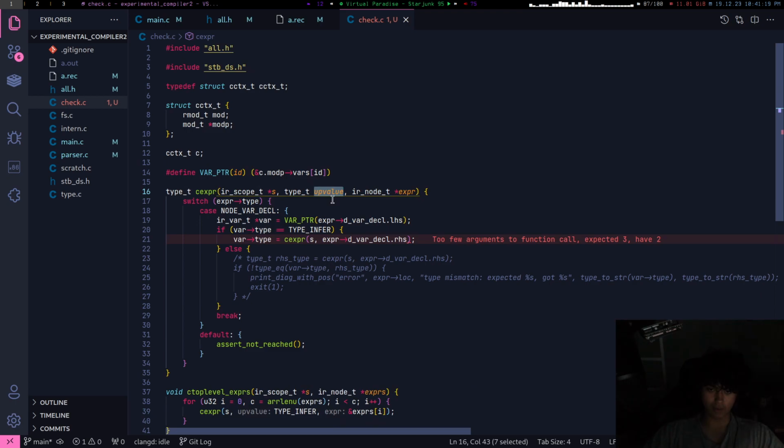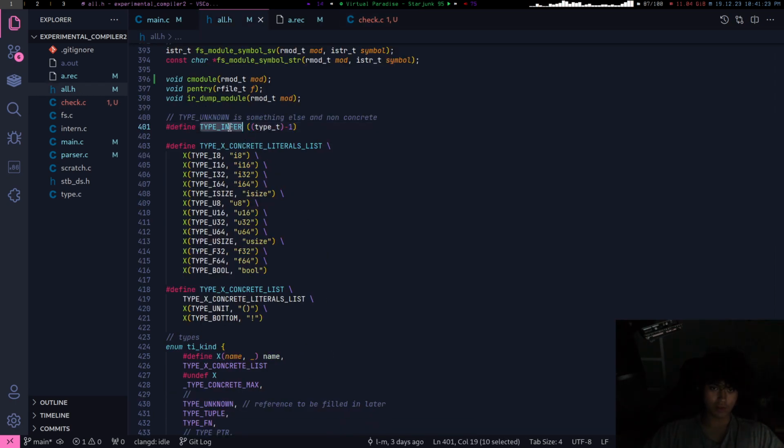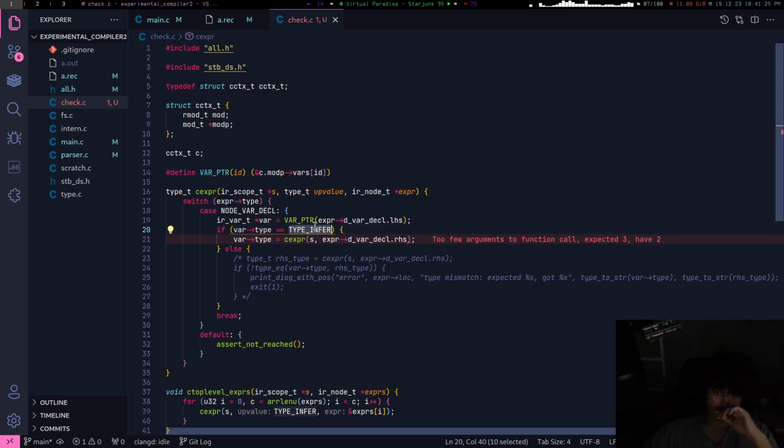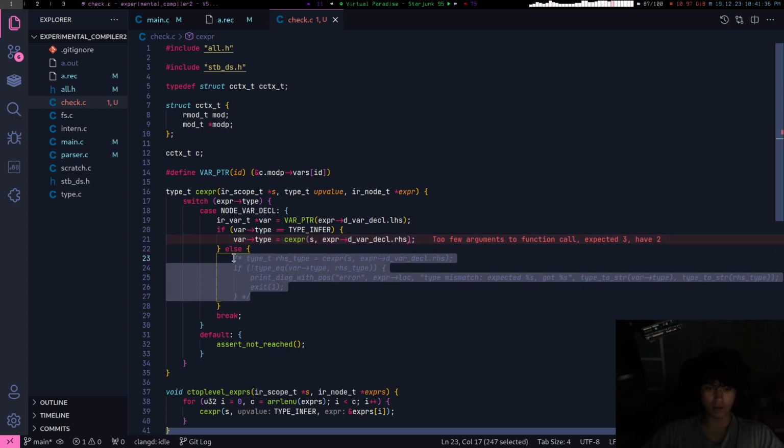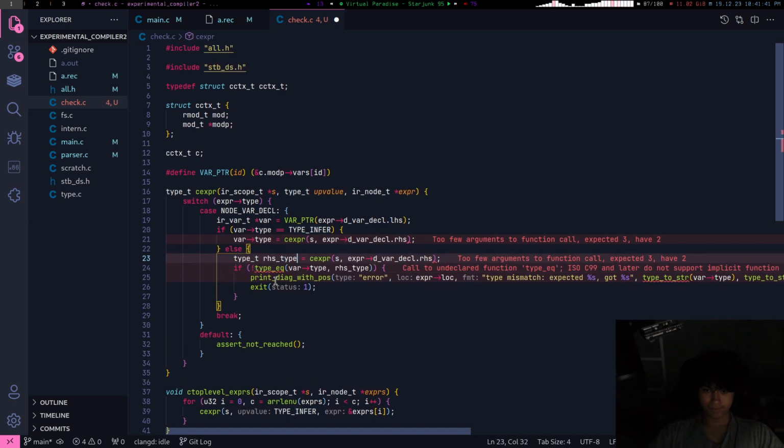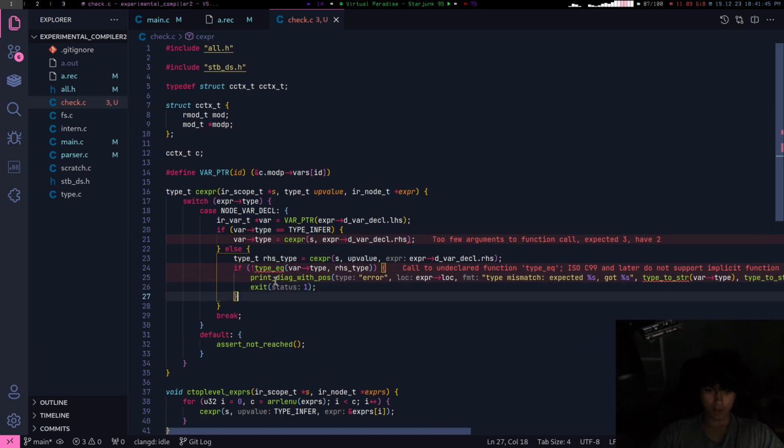This isn't even that bad. Type inference thing. If var type equals type infer, it'll infer it. Okay, and then if we know the type, it'll grab it. Okay, and then type equal is as simple as just doing this.